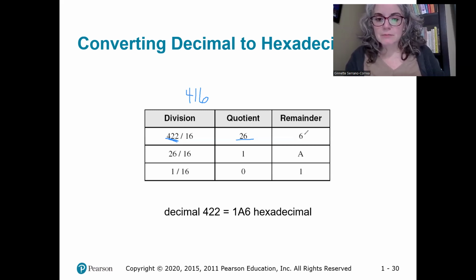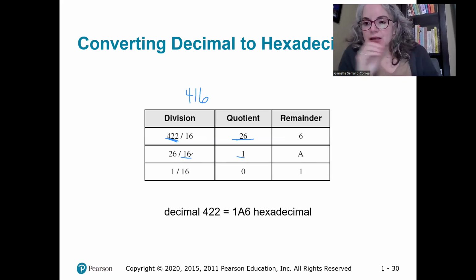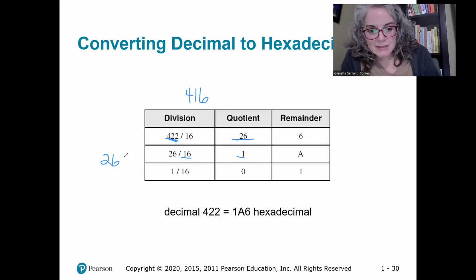That's our remainder. 6 plus 6 is 12, carry 1, 2, okay? Then we take this 26 divided by 16. That gives us 1. 16 only goes into 26 one time evenly. We're just looking to see how many times evenly it goes into. One time. What's the remainder? Well, 1 times 16 is 16, 26 minus 16,